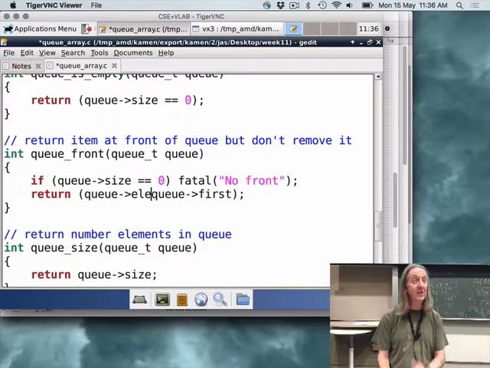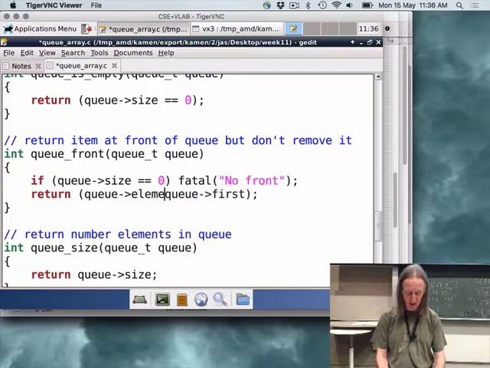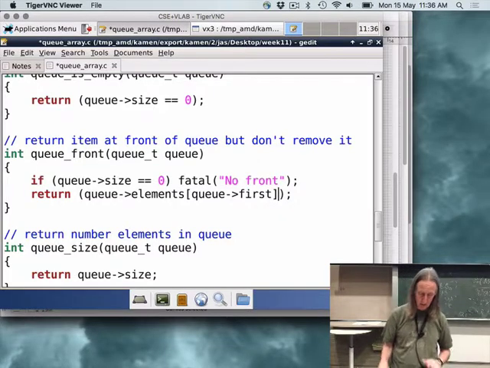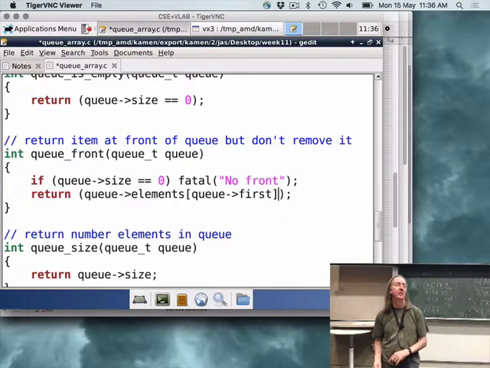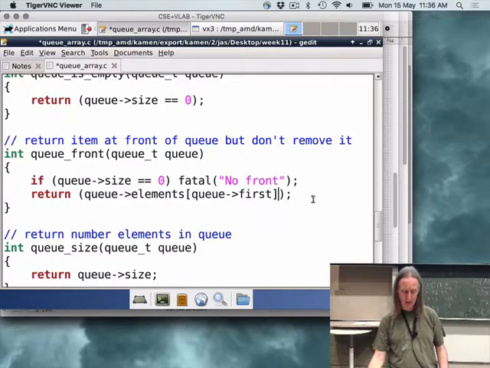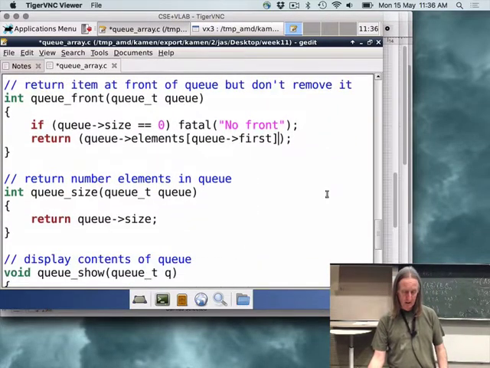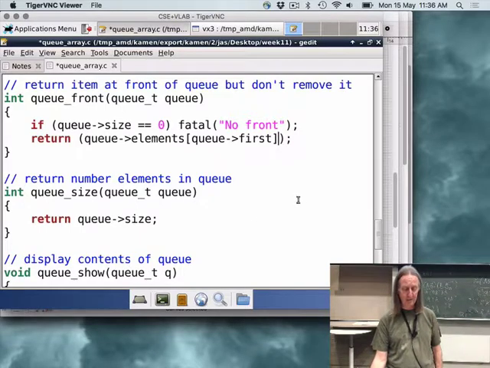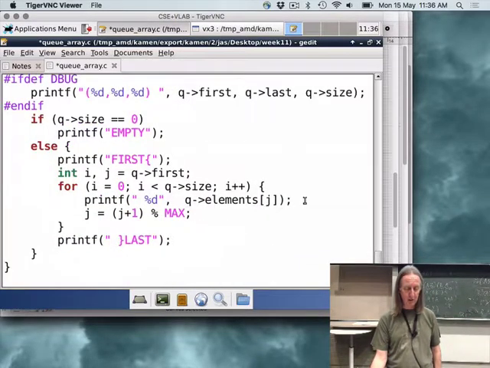I didn't even notice that. You see, you can make silly mistakes if you're not thinking while you're typing the code. So I want to take the value, that's the value at the start of the queue, so that's the way I'll do that. So that gives me the front item. How big is the queue? Well, that value happens to be stored in the structure, so I can just drag it out. And if I want to print the queue,